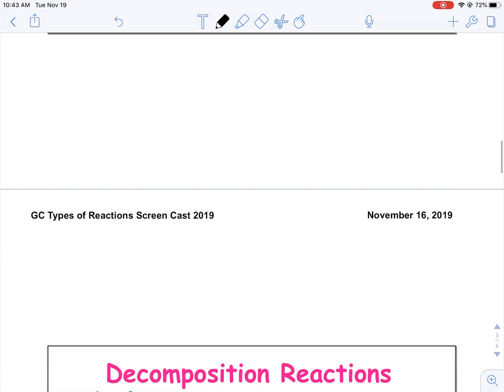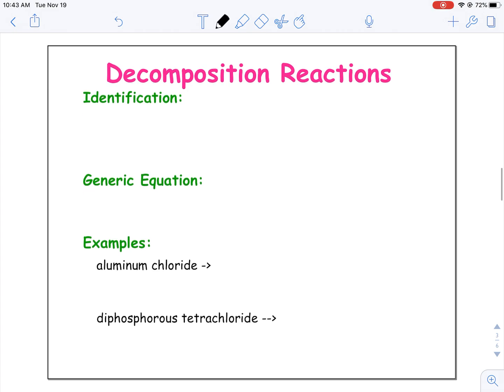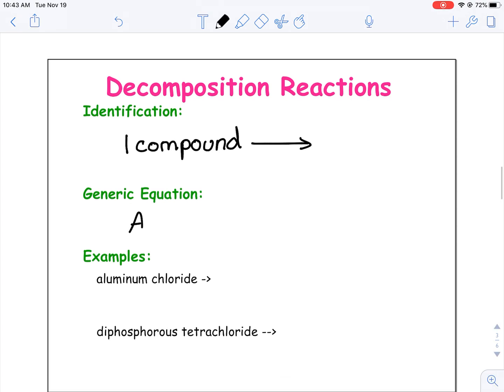The second type of reaction then is a decomposition reaction. A decomposition reaction is pretty much the opposite of synthesis. It's taking a compound and breaking it apart into its elements. When you're looking at the reactants, you're going to see one compound, one single reactant in a decomp reaction. The generic equation is just the opposite of synthesis. You're breaking apart a compound AB into its elements A plus B. These two examples, again, are on page